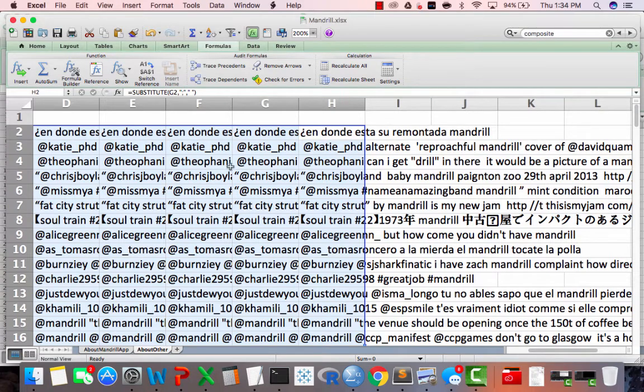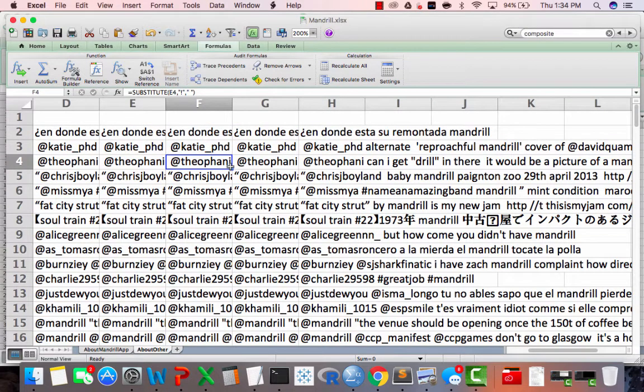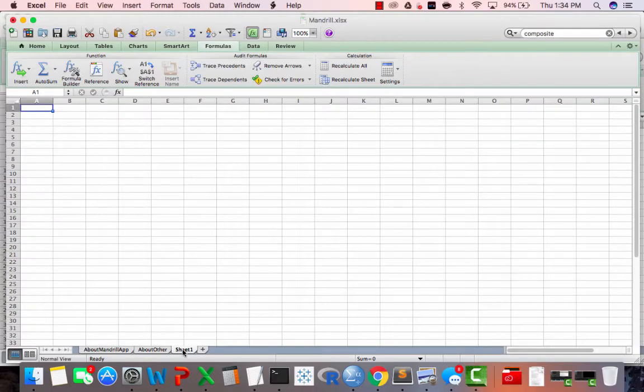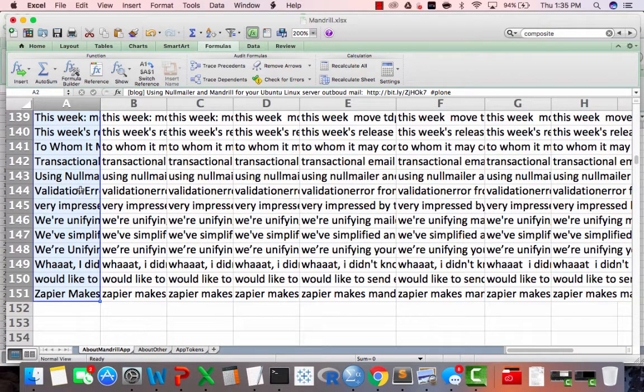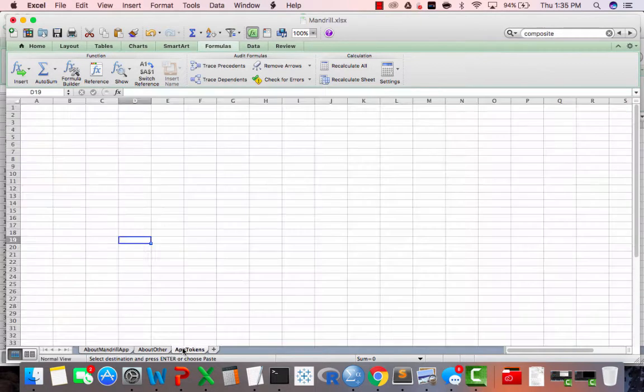Okay, so the next step is that we're going to extract all of the individual words from all of these tweets. So let's go down here and create another tab called App Tokens. And we have 150 tweets about Mandrill. So I'm just going to copy that, go over to App Tokens,